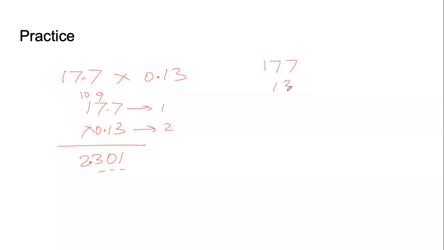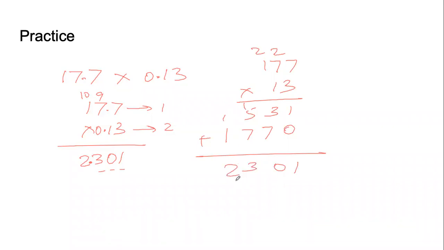If we don't know the table of 13, how will we do it then? We will multiply 177 by 13. 3 7s are 21. 3 7s are 21 plus 2, 23. 3 1s are 3 plus 2, 5. We left one place. Then 7 7 1, then we add: 1, 7 and 3 10, 7 and 6 13, 2. Then we will put the decimal point, same answer. But if you know the multiplication table of 13, it is faster.